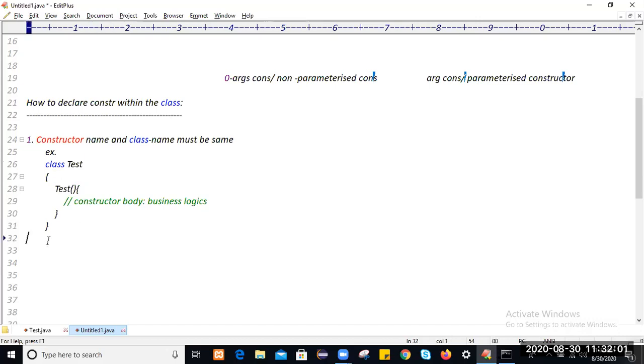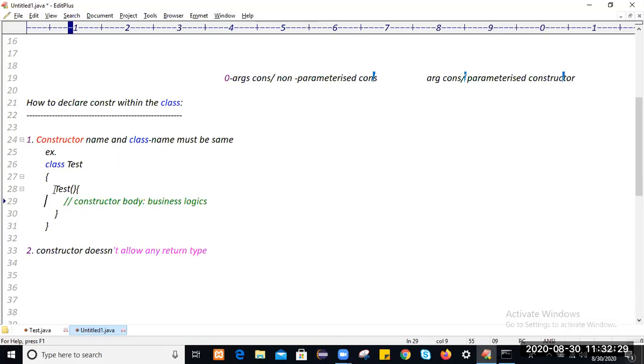And the second rule is: a constructor doesn't allow any return type. While declaring the constructor, are we writing any return type here? No. If you create a method, we write the return type of the method: void, int, string, float, boolean, like that.